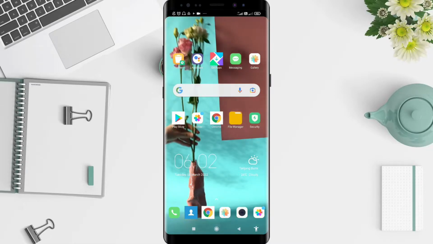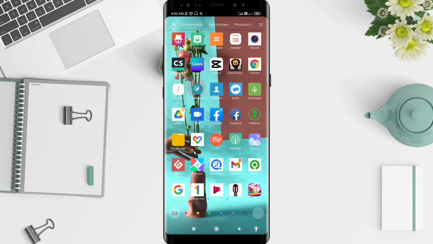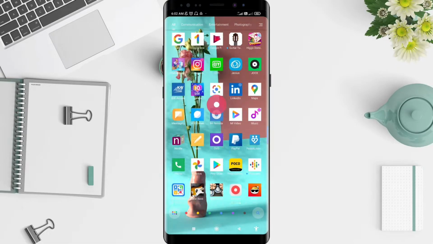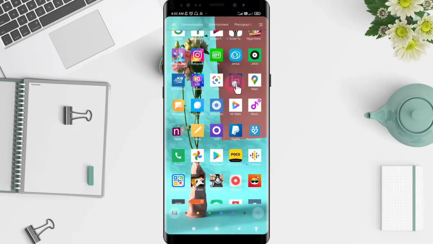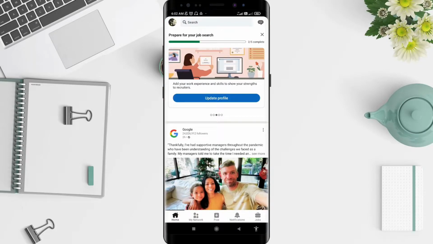And let's go to the start. First we go to the LinkedIn application that you have installed before. Click on LinkedIn. And after that you must go to the upper left corner. There is a symbol or the photo. Click on it,